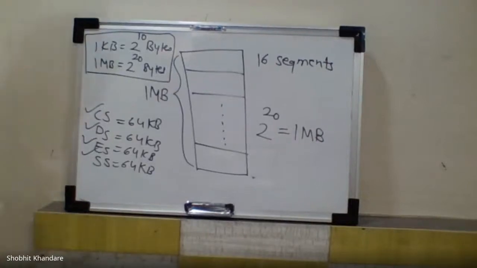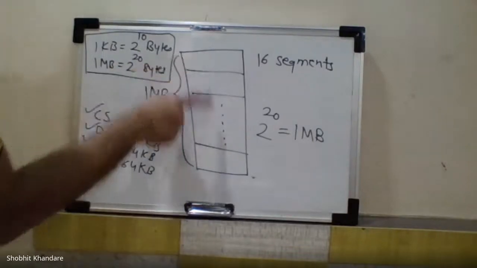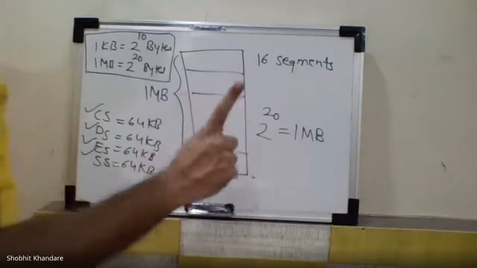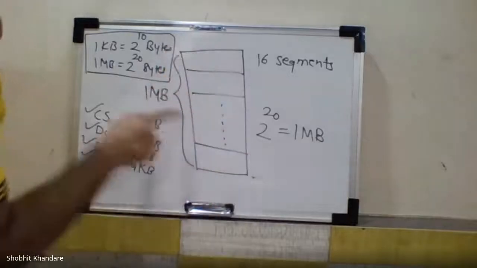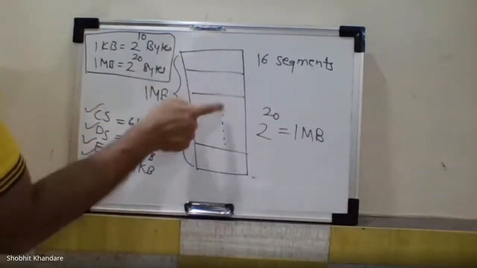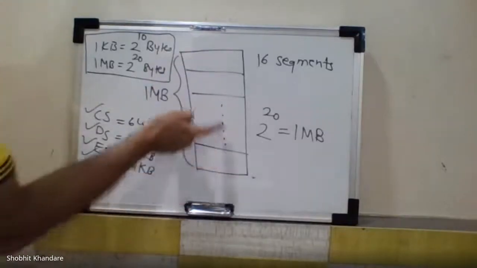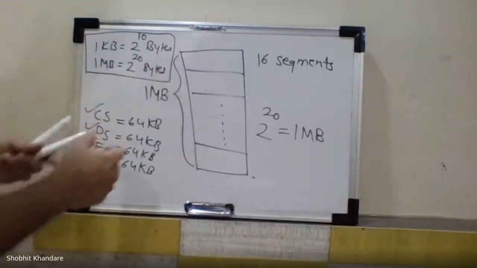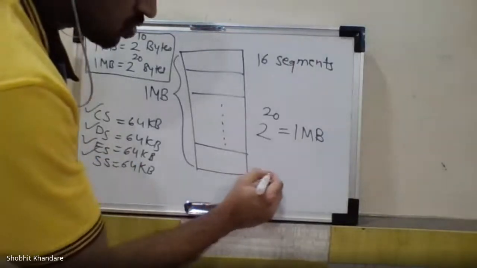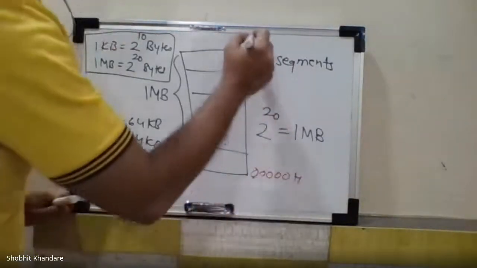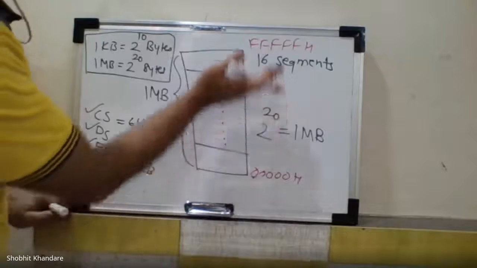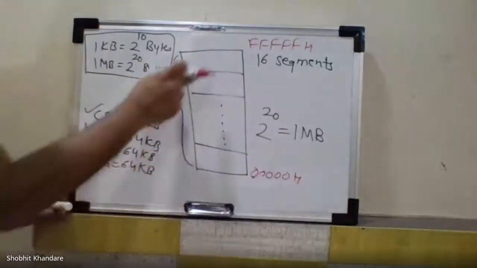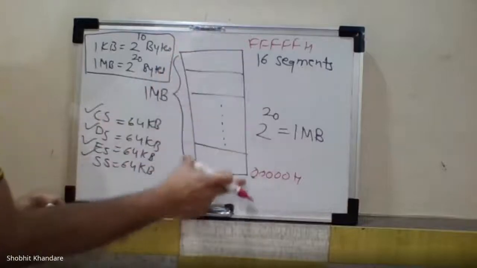Now here, we have to understand that if you have a total memory of 1 megabyte, this 1 megabyte is of 1 chip. You can assume that this is one chip of 1 megabyte. And these addresses are in a linear fashion, starting from 00000H to FFFFFH. So these addresses are in a linear manner if I am taking only 1 chip of 1 MB.